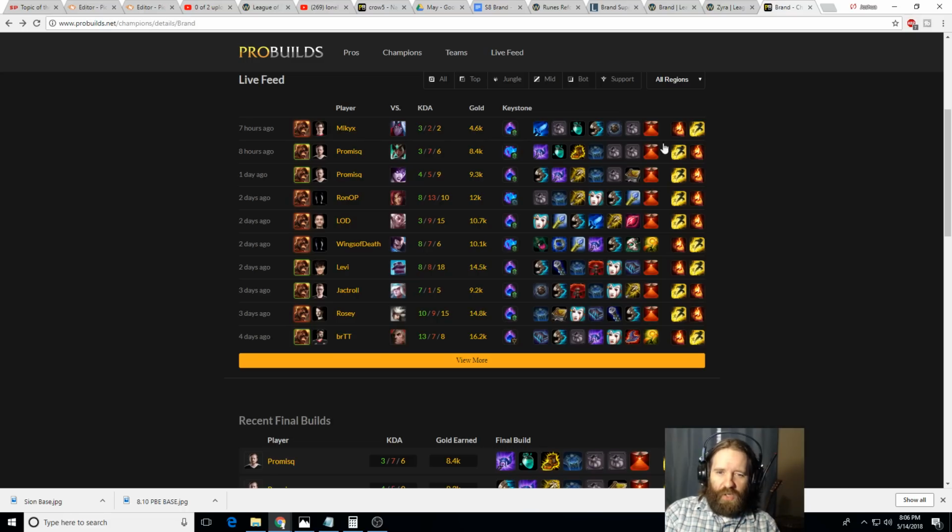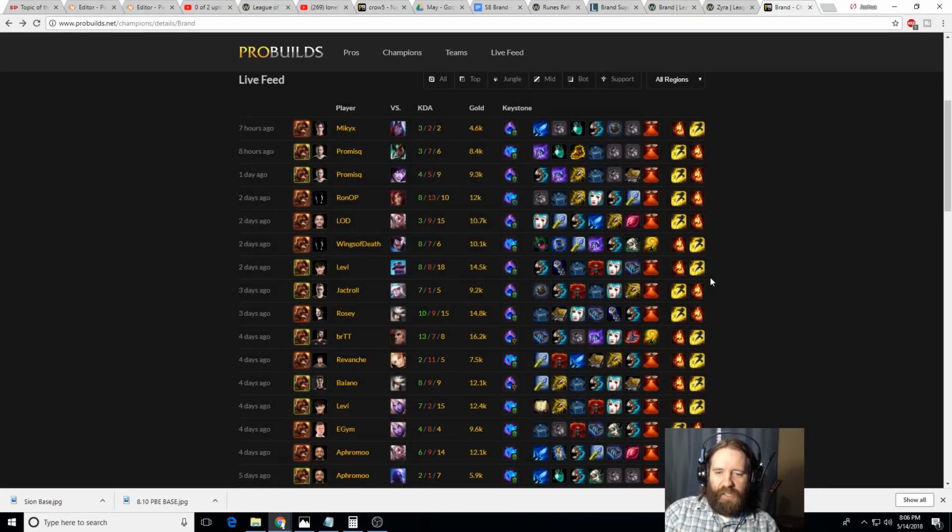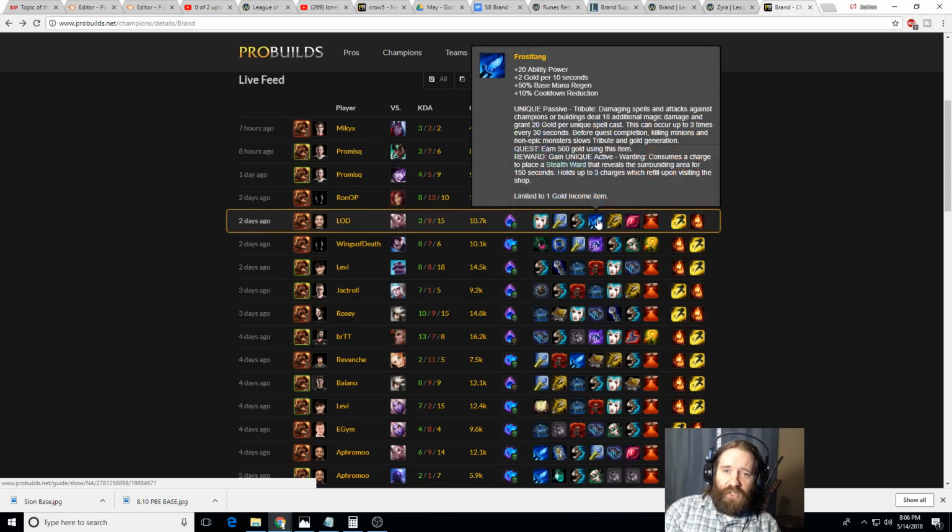So, you know, I think that almost everybody at the pro level is going to run Frostfang, and everyone's going to tell you to run Frostfang on Brand, but I think, seriously, there could be a conversation for running Nomad's Medallion on him if you find yourself not getting your wards on time early on. So, it's up to you. But I do think that